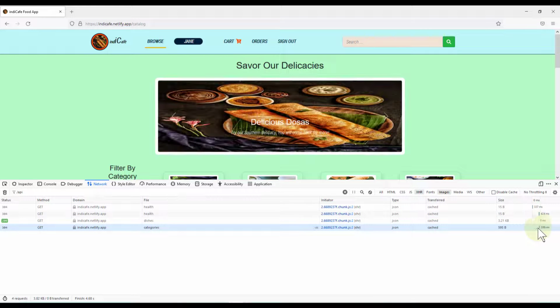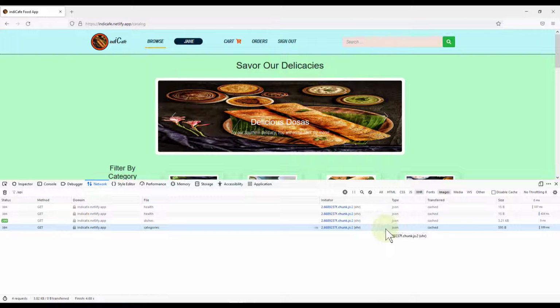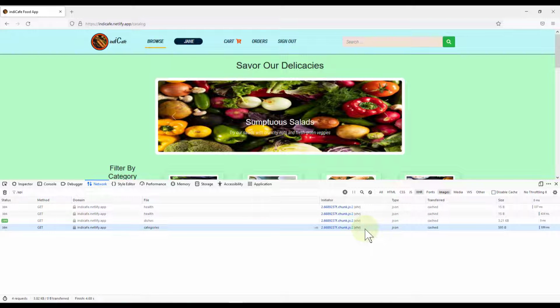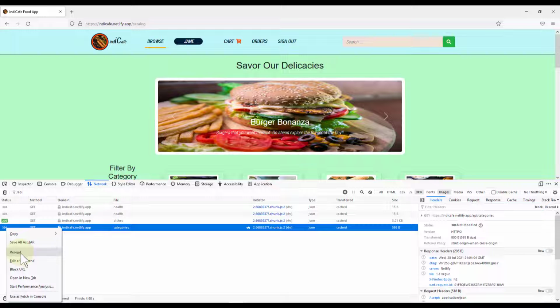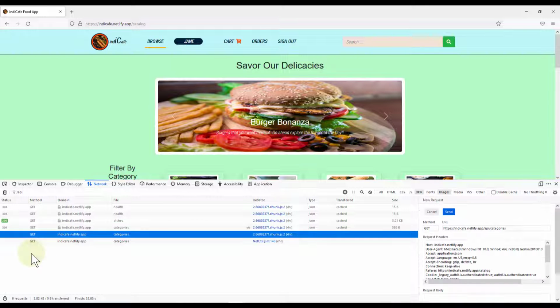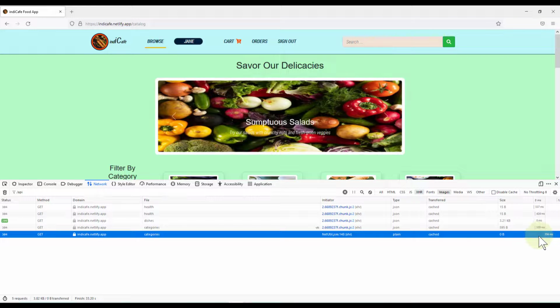This request is not even going out, okay? This is something to do with our caching header, which was not set earlier. And then if I replay this, let's go ahead and replay this. Resend. Yeah, this time around it's coming back as, I don't know. It says cached, but